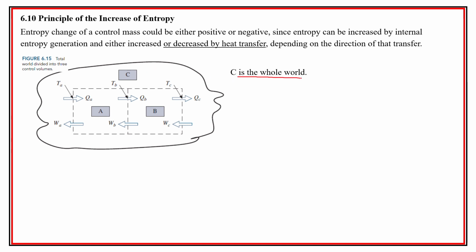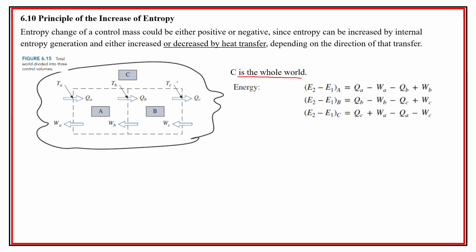So here we have two systems next to each other, and then a third system C, which is the world. So we want to do a quick accounting for where did the